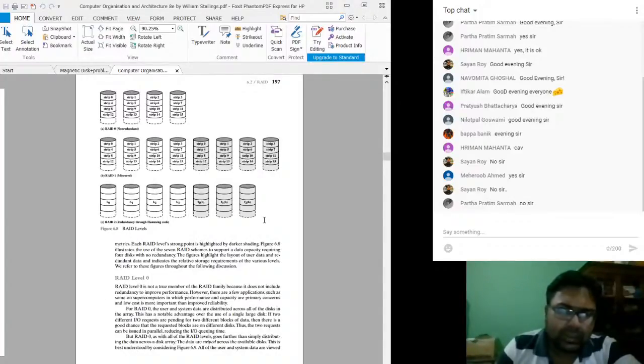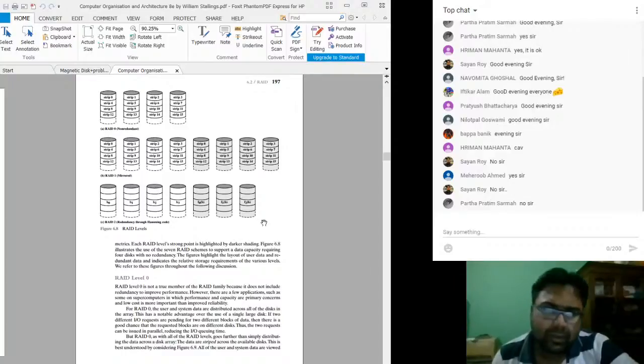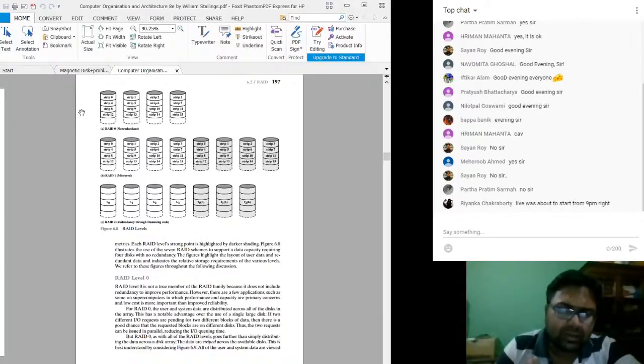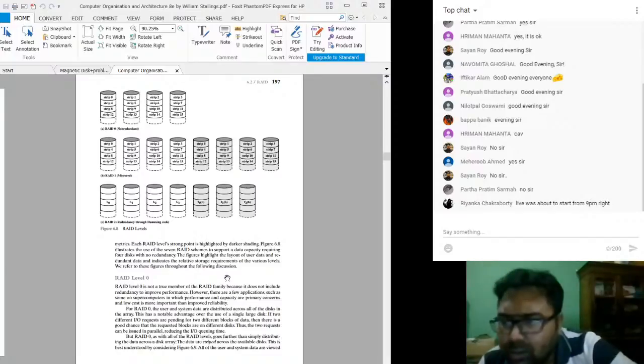As I was discussing previously, RAID has got 7 levels. So RAID level 0, 1, 2, 3. What is this RAID level 0? If you have got n disks, or an n disk array, you will break down your data into